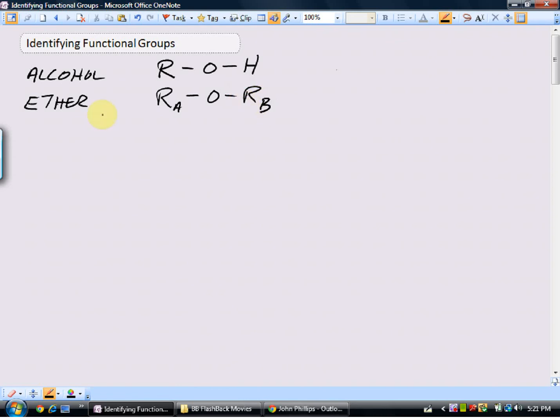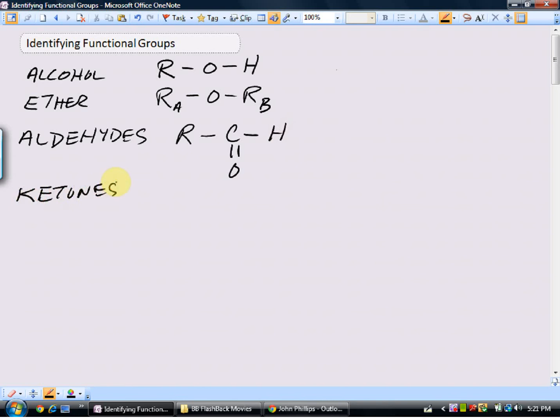Alcohols and ethers, possible isomers of each other. We move up to aldehydes and ketones. Again, they're characterized by one oxygen, except now that oxygen is double bonded to a carbon. So aldehydes, again, a carbon on one side, we don't need the A designation. Carbon on one side, the carbon-oxygen double bond, which is the central focus, connected to a hydrogen. Ketones, again, very similar, except now the central focus, the carbonyl group, that carbon-oxygen double bond, has two carbon groups attached